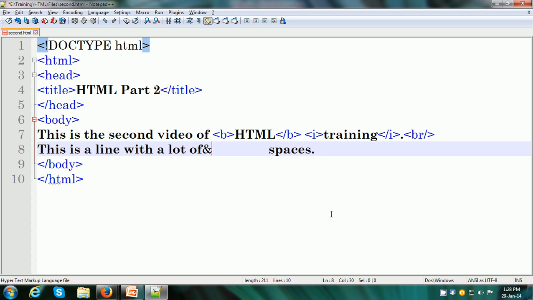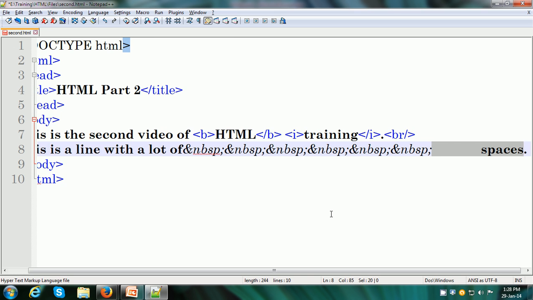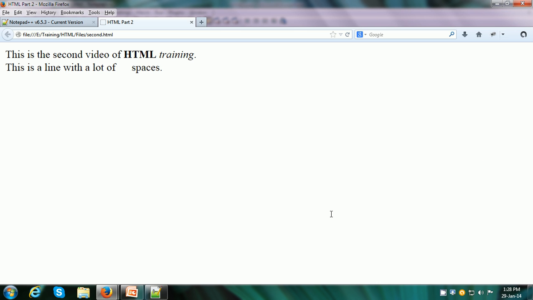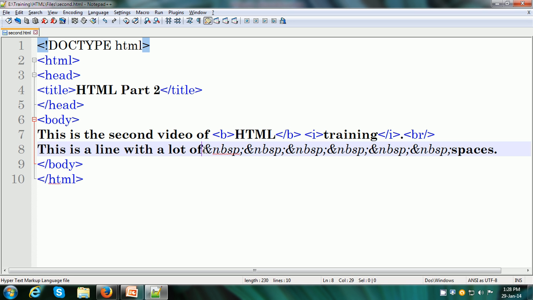How we put it is ampersand NBSP and a semicolon, and this will just put a single space. Let me copy it and paste it a number of times, and now when I refresh it, you can see there are a lot of spaces between the two words. Each HTML entity that we have used has resulted in one space.